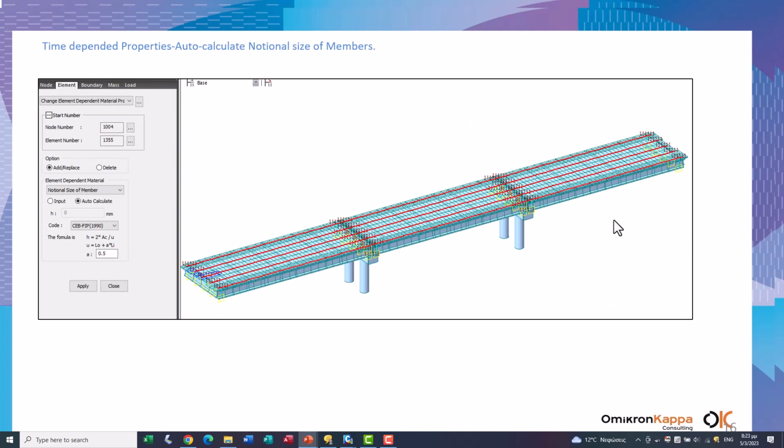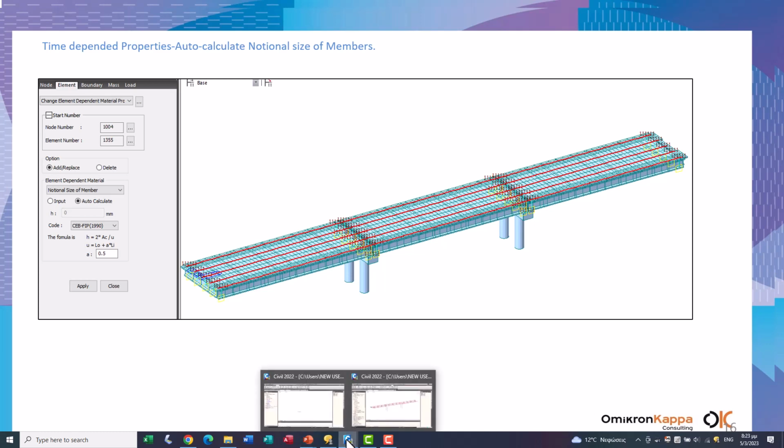So at the end, after we finish all the wizard, our model is created. So let's have a look at the model itself, how this has been performed.